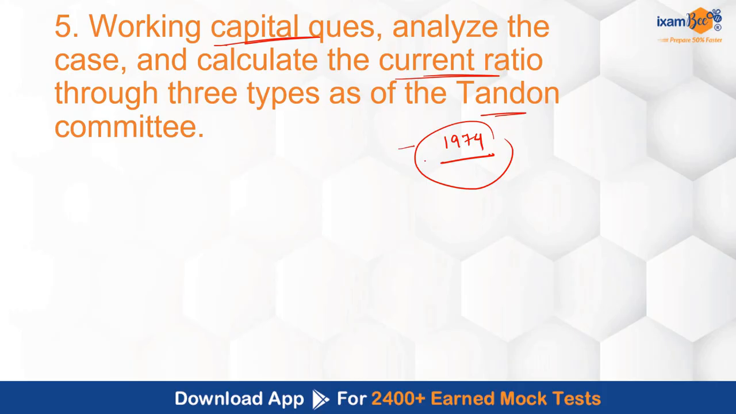And in August 1975, this committee issued its report, which became known as the Tandon Committee report on working capital. So you have to use the concept there. This particular thing had been used since then, and you had to calculate these current ratios as mentioned in the report. Okay. So this was the analysis of the 5 questions that were asked in the Exim Bank management training